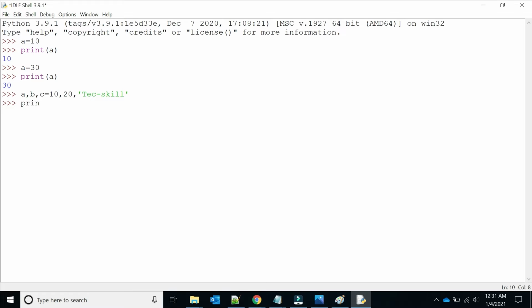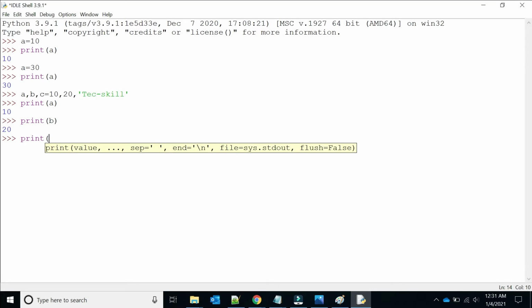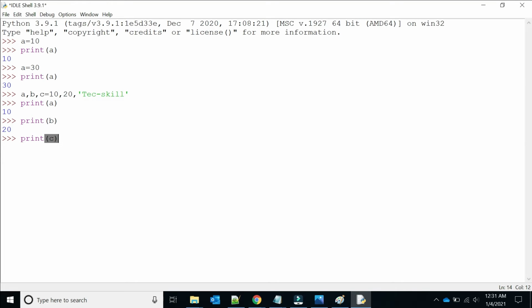Now if you print A, you will get 10; print B, you will get 20; print C, you can see the value of C is TechSkill. So we can assign multiple values to multiple variables in a single declaration statement.